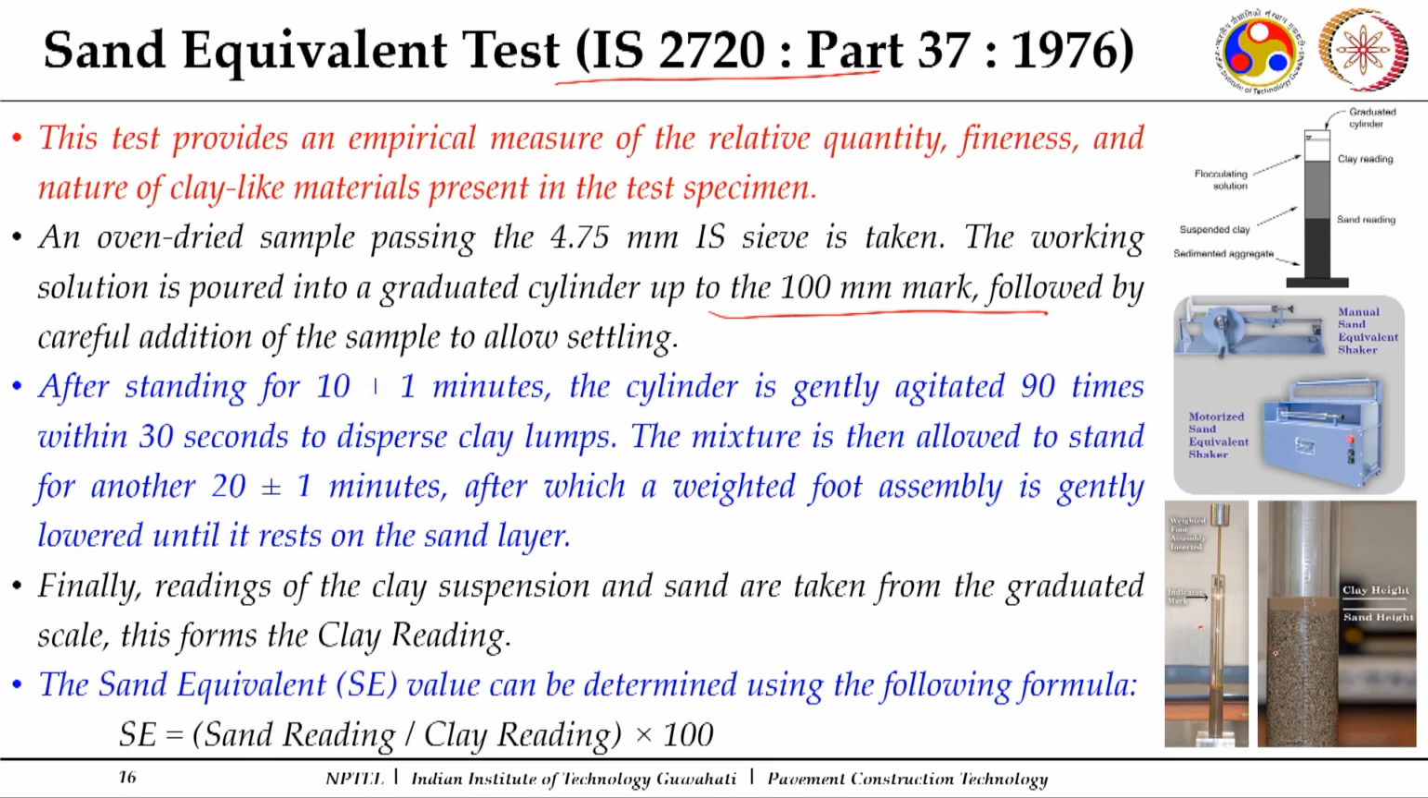When it gets settled down, you are going to lower it down. It says that a weighted foot assembly is gently lowered and it rests. This is the assembly which will be lowered, and it rests over this particular one, where you can see two different layers: one is your sand and the second is your clay. You are going to measure the sand height and the clay height, and the sand equivalent value is sand reading upon clay reading. At least it should be greater than 50%. This is the requirement we saw in the